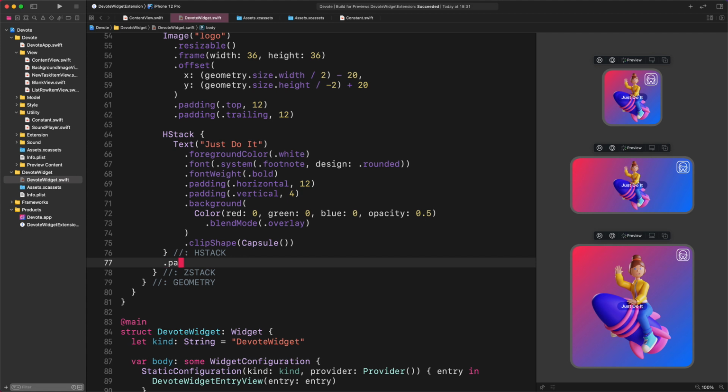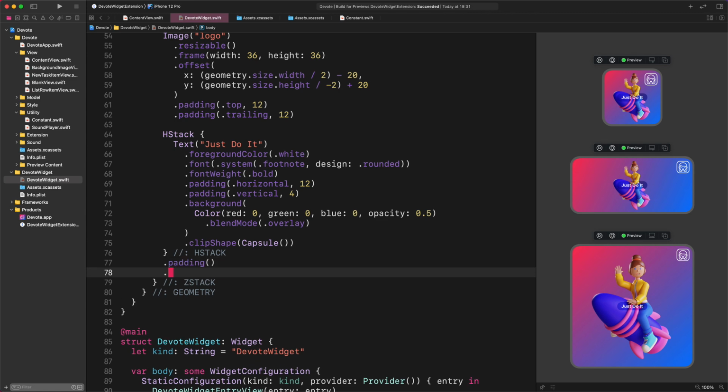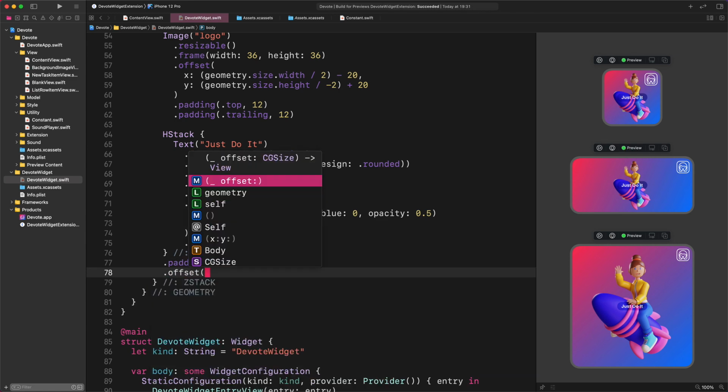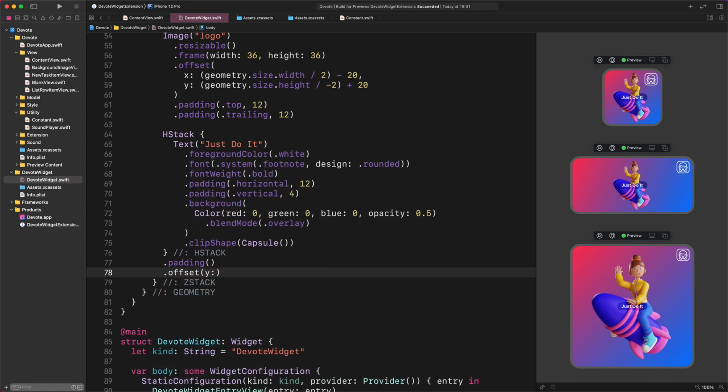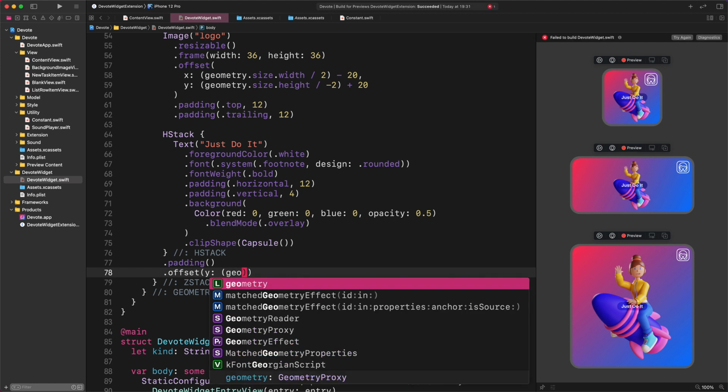Enter. Padding. Then, offset, y: geometry.size.height